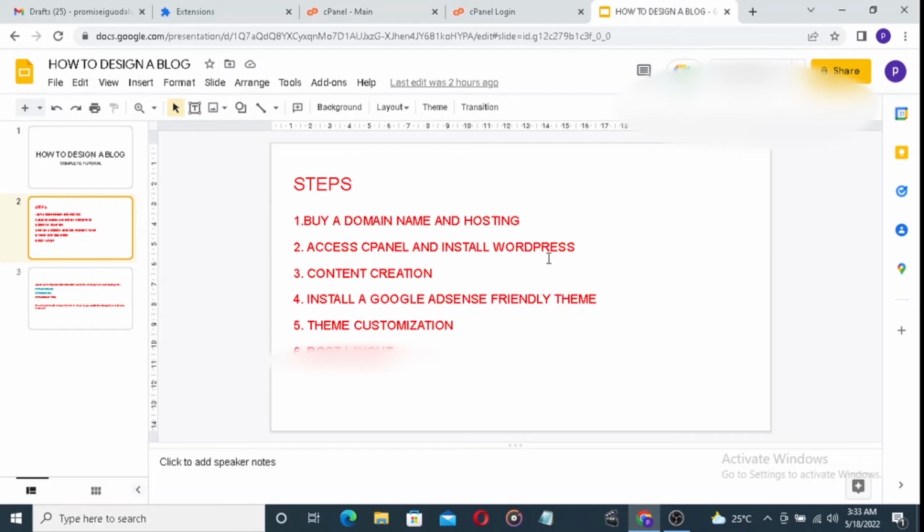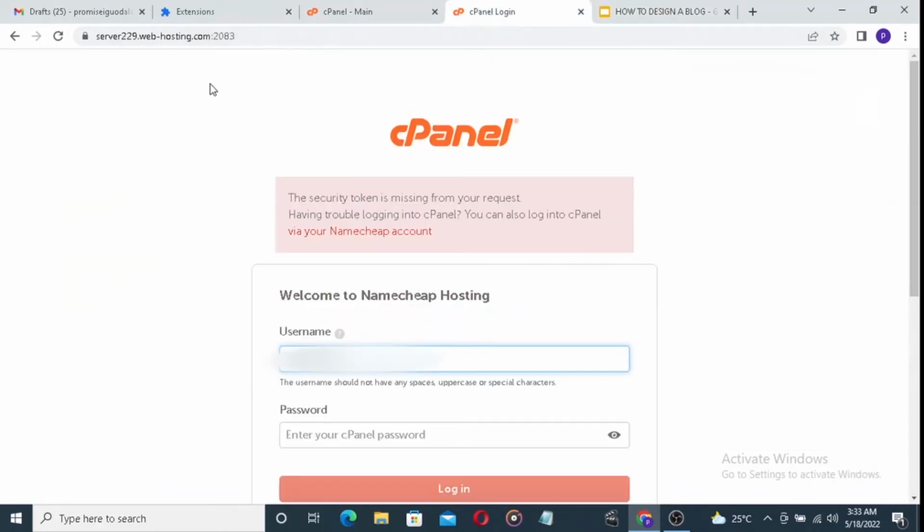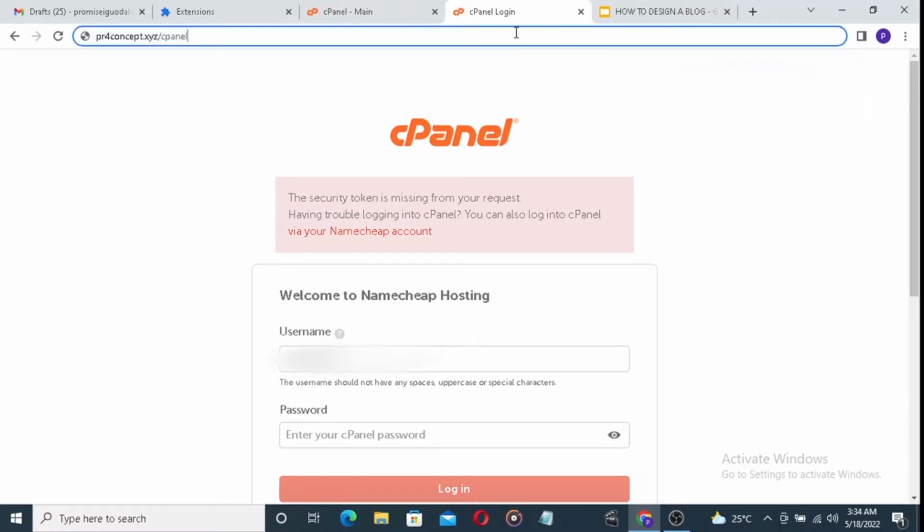On cPanel and install WordPress. So if you have bought the domain name and hosting, you'll be given a login, a username and a password. You click the link that is given to you. There will be a link, or if there is no link, there's something you have to do. If you are not given a link, what you have to do is